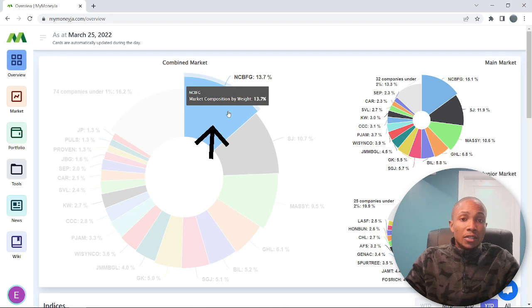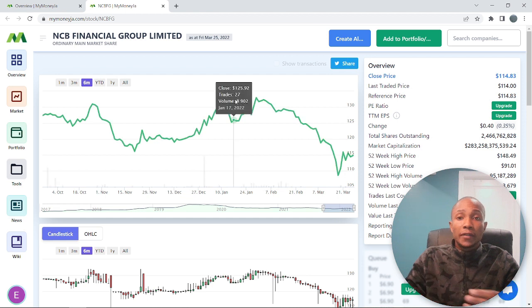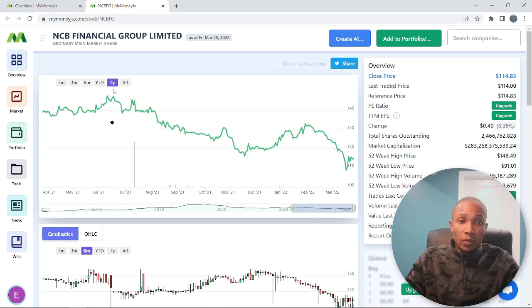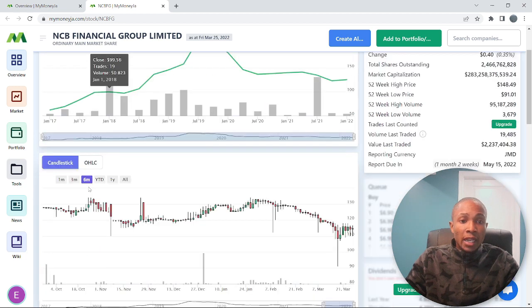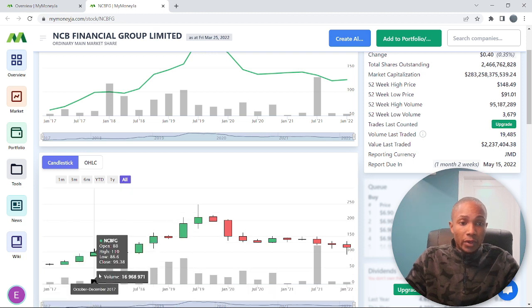So from here, you can always select a company and it will take you to an overview of that company. So this is an overview of NCB Financial Limited. You can select, say, 1 year of chart performance, and that is what it looks like. It's showing from 2017, so that sounds like 5 years' worth of history. And you can also see the candlestick pattern as well. So that's from January 2016